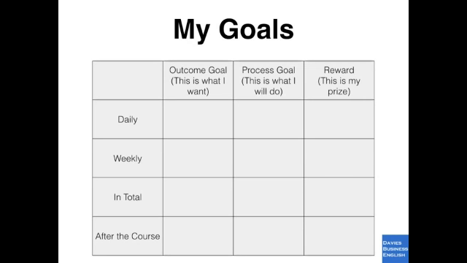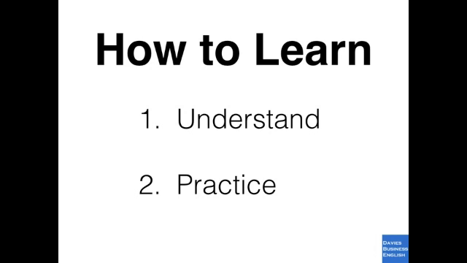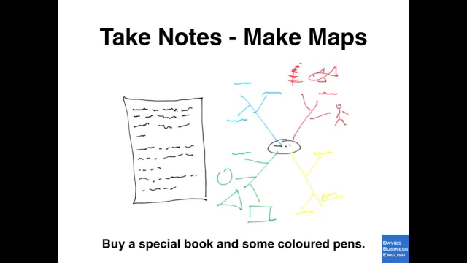There are really only two steps to learning anything: understand and practice. You can understand how a bicycle works, but you have to actually get on it, and maybe fall off a few times, if you want to learn how to ride it. So, you need to practice your English, and practice improving. Help your brain to learn by taking notes, but be creative. Mind maps in colour with sketches are better than lists, and you can make a hobby of collecting new words and their related forms.